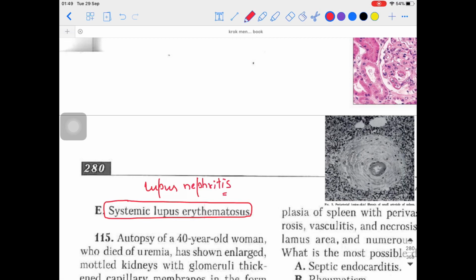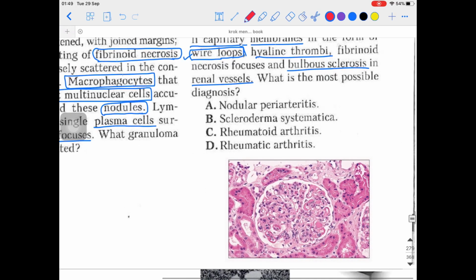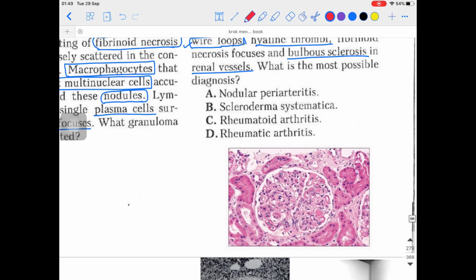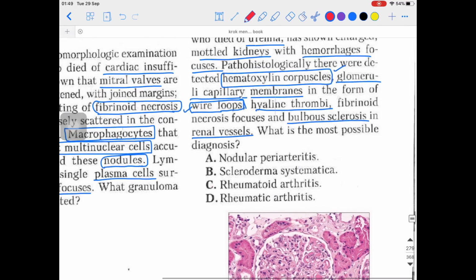Now look at how the hematoxylin bodies look, how the lupus cells look, and what these wire loops are. These are the three questions. What happens is, after the death of a cell, for example in the kidney, the nucleus of that cell disintegrates into granules, and that granule is called the hematoxylin body or hematoxylin corpuscle. This phenomenon is typically seen in SLE or lupus nephritis. Now what happens after that, the neutrophils and the macrophages will try to phagocytose, or kill, this hematoxylin body, and in order to do that they will form the lupus cells.